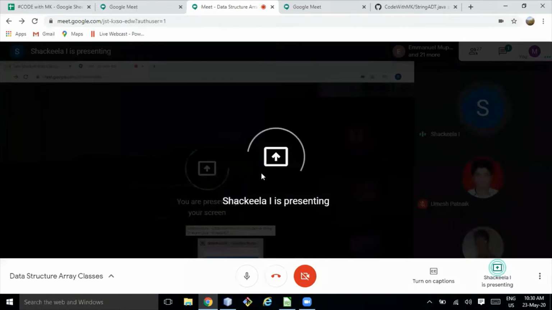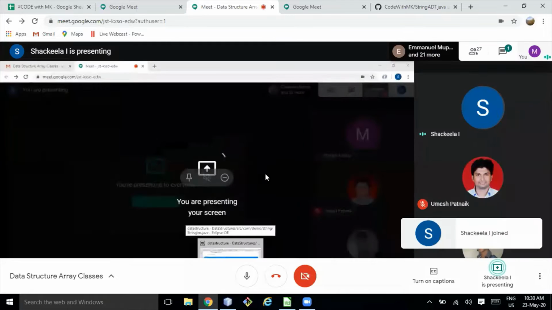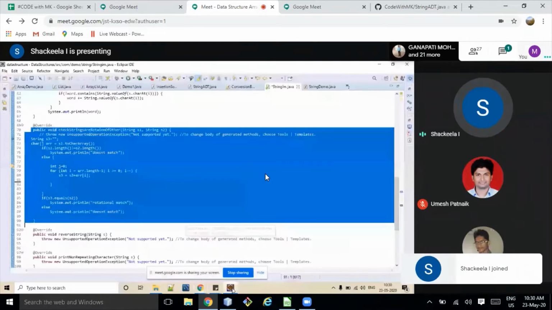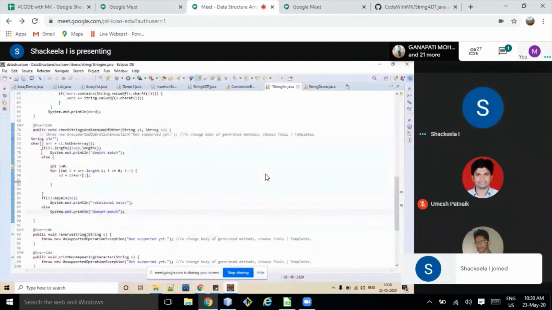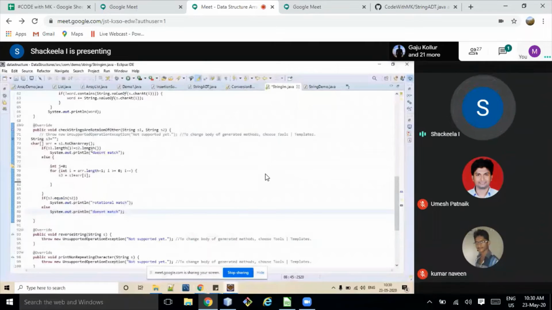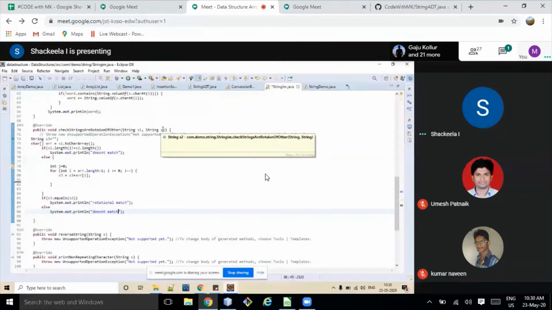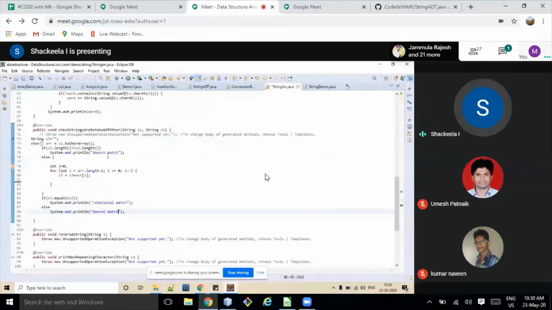Are you able to see my screen? Yeah, it's presenting. I've done something like this. First, I'm comparing the length of both strings, S1 and S2, which I'm getting. If it is not equal, then I'm saying it doesn't match. Else, when I'm going inside the loop, this character S1 I have converted.